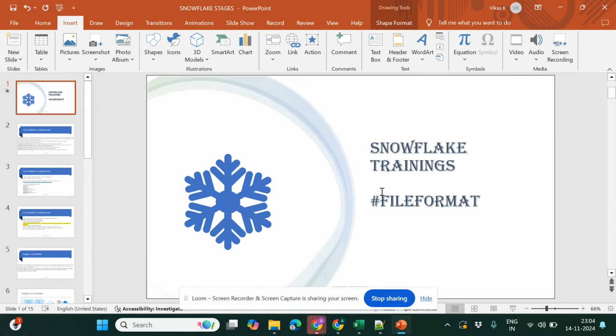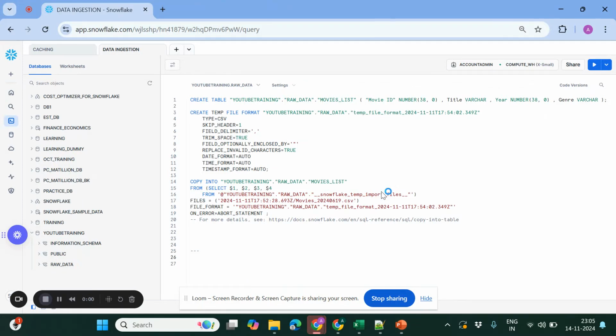This is going to be part 7 where we are going to take a deep dive into the file format. In this, I'm not just going to cover the theoretical part of the file format, but we will also get our hands dirty using some exercises. In my last video, when I ingested the data from the Snowflake UI, if you remember,